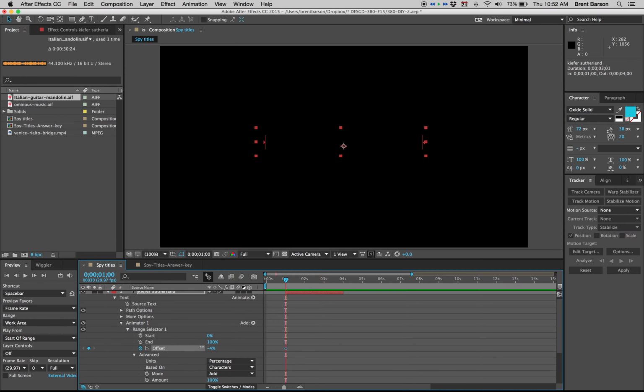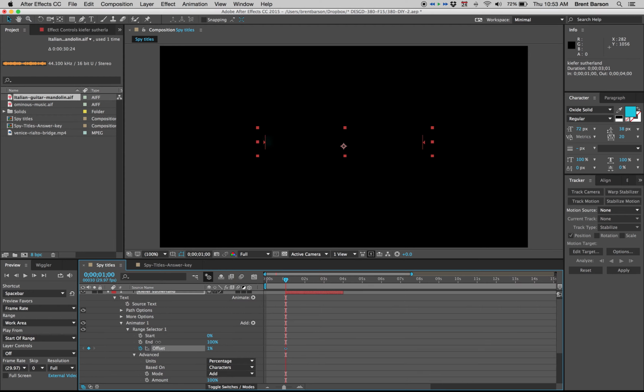Now, okay, as you can see, if we scrub all the way over to -100, it reveals the text, and then actually if we scrub up to 0 or a positive value, it's going to actually erase the text. What we kind of want is this, right? We kind of want that to happen,